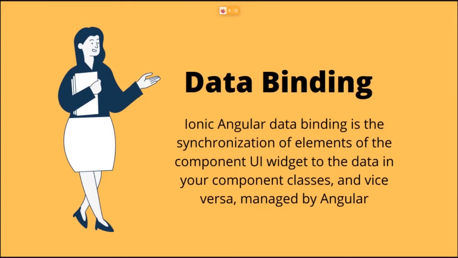Data binding is something which we've already done before this. To put it in simple terms, you connect the logic to the UI. If you pay close attention to the Ionic project, if you have created one, you will see there's an HTML file and a TS file for each of the pages. The TS file is the one which has the data and the logic, while the HTML file is the view, the thing which the user sees. But all the values which the user sees are held inside the TS file. So connecting them is what data binding means.